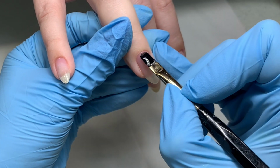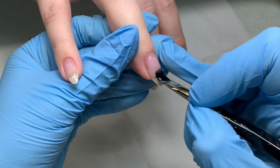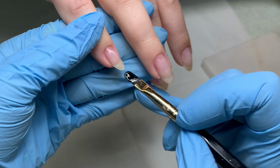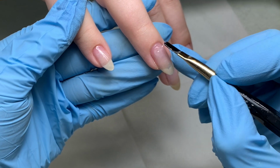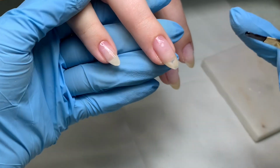Absolutely fab, especially for doing Builder Gel application. Really, really good for colour gel application. I think this is what I used later on in the video for colour gel application as well, but love it for Builder Gel. I can pick up the perfect amount of product. Really good for scrubbing in that base layer, which I did first, the slip layer, and then I've gone back in with a little bit of extra Builder Gel just to infill the area